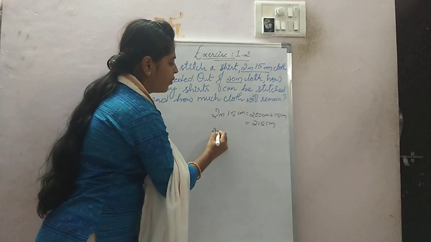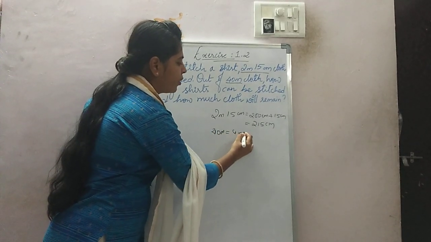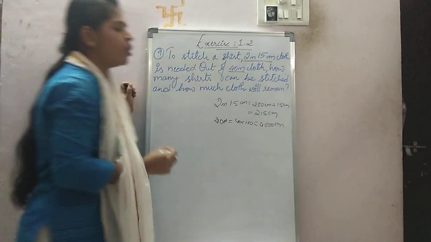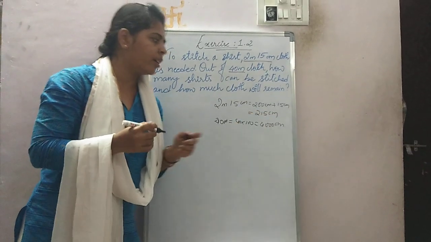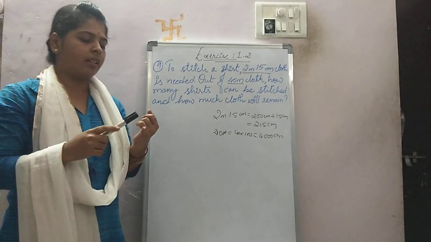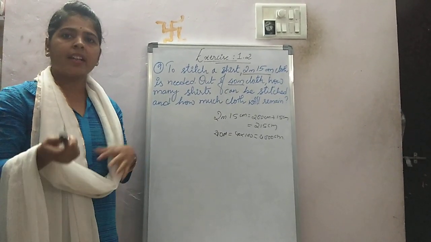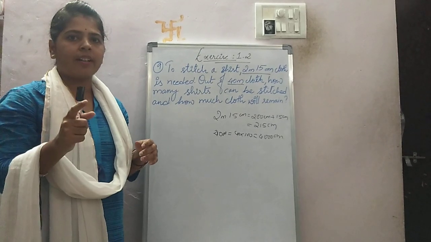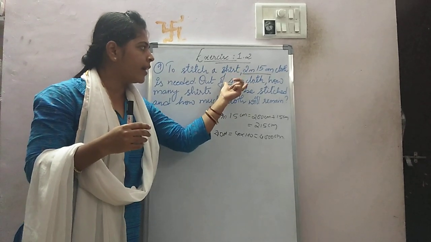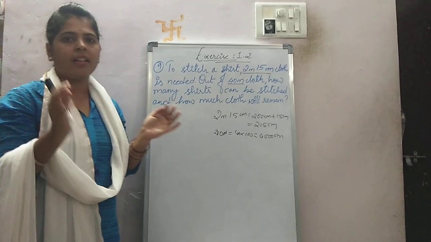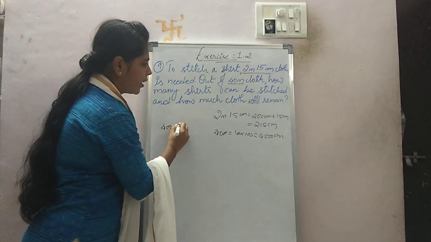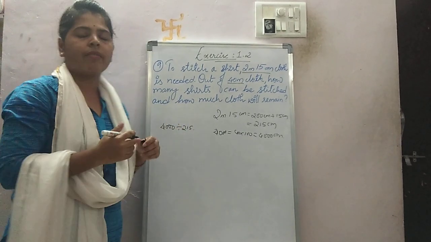The same way for 40 meter also. If you do 40 into 100, it will become 4000 centimeter, right? So you have to convert the units in this way, and then you have to calculate. As already we have seen in your previous classes, like addition, subtraction and multiplication, where in multiplication you can see that for one quantity how much, right? So for 10 quantity. The same way here, the quantity is given more and you have to find it for the similar small quantity. So here you have to go with the division, that is 4000 divided by 215. So this we will see in the solution.